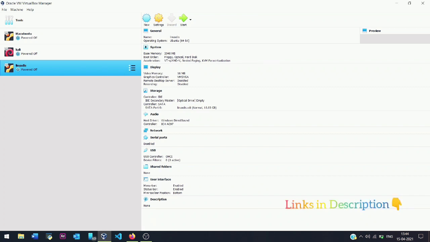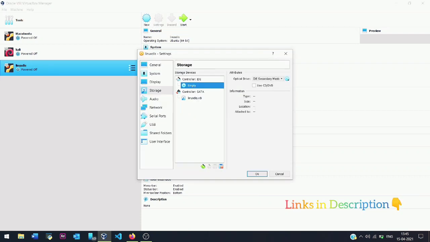After completing those steps, you will be able to install the Linux OS. Just go to settings, then go to storage.